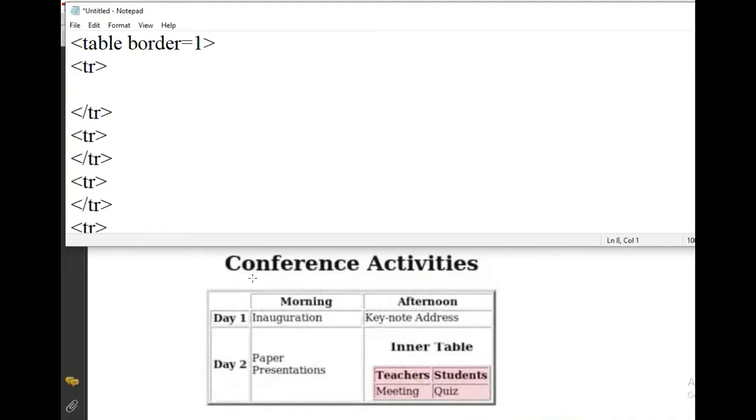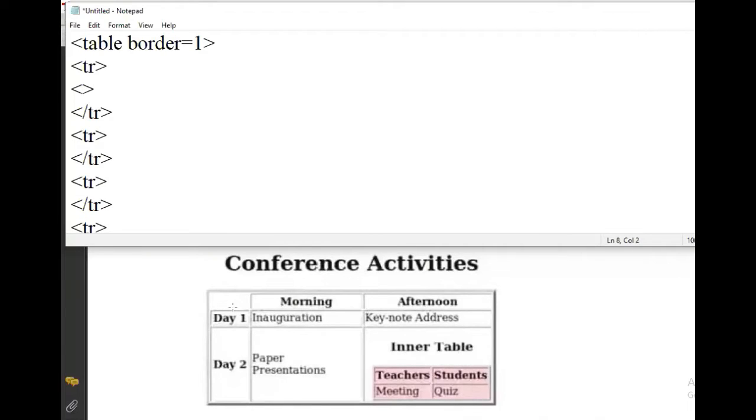So in first row you can see how many columns are there, 1 and 2. Okay, this is blank, so 2 td we are going to write, but since this is something which is blank, so if we write 2 tds only, this morning will start from here, the first place.